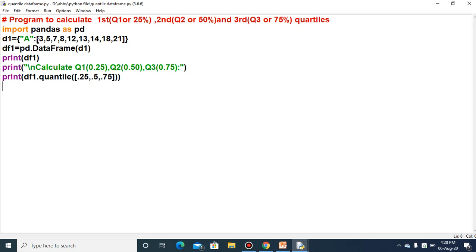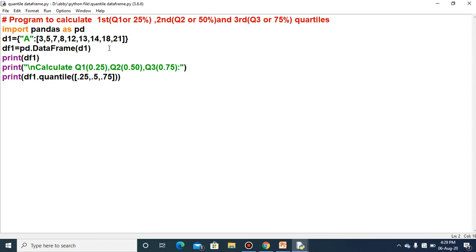To find the median of this, or the Q2, the second quartile, is very simple. You just find the middle value. There are 9 elements in total, so 4 on this side and 4 on the right side. In between there is the 12. So 12 will be the median or 0.50 quantile.